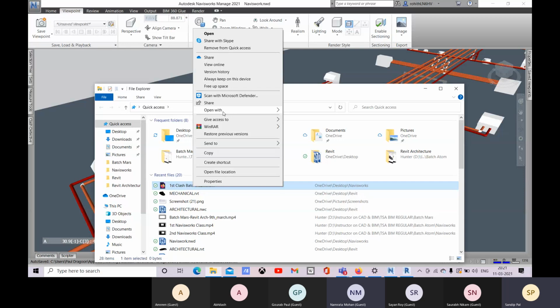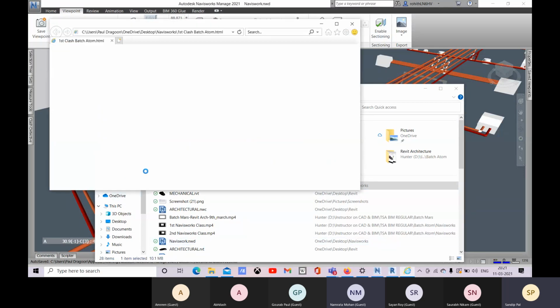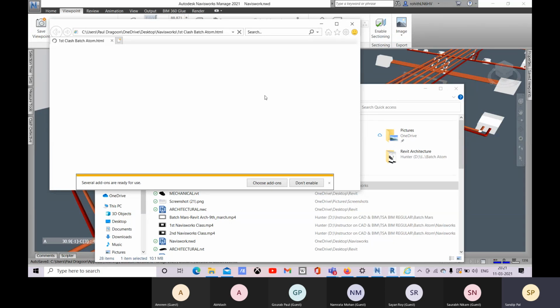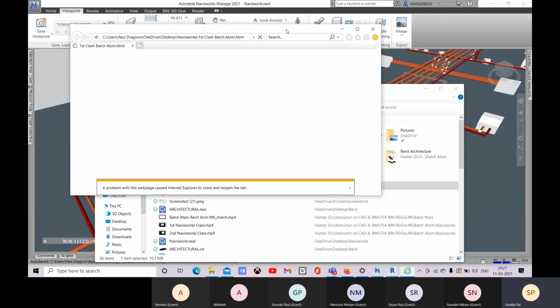So let's go for this. Just a minute. It will take time to load here also because the file is very heavy.